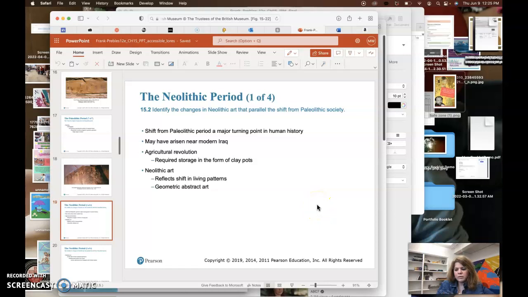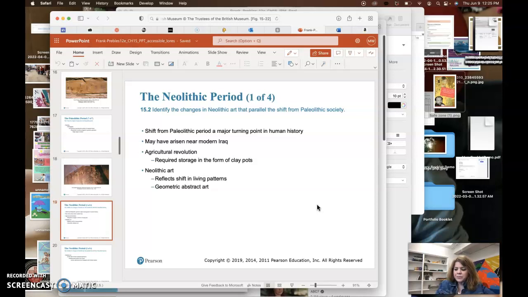Okay, so now we're transitioning from the Paleolithic, which was hunter-gatherer, into the Neolithic period. Basically, the Paleolithic period was the old Stone Age, and the Neolithic period is the new Stone Age. The new Stone Age seems to have arisen in what is now northwestern Iraq between 9000 and 6000